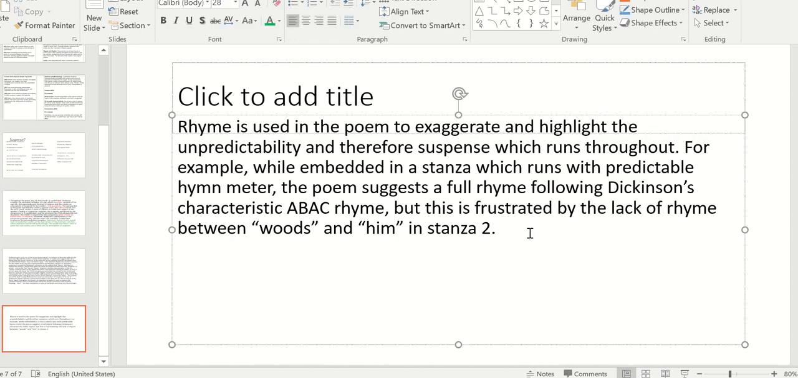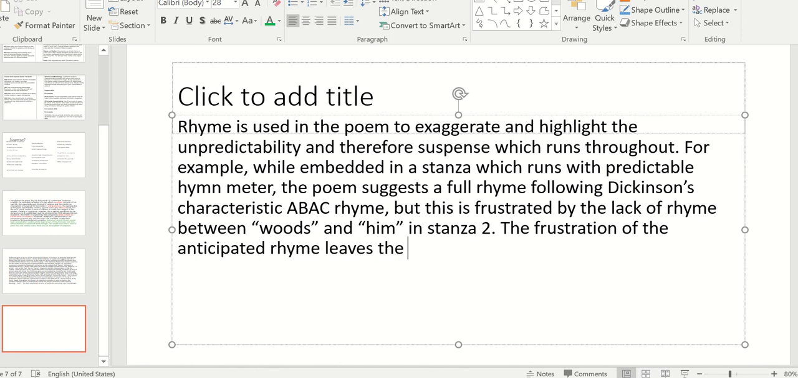So, we've identified a method here. We've talked about rhyme. Now I want to make sure that I'm really clearly linking the method back to the effect. So, the frustration of the failed rhyme, and instead of failed, maybe I don't like that word failed. Let's change it. The frustration of the anticipated rhyme leaves the reader in suspense. There we go. Waiting for the completion